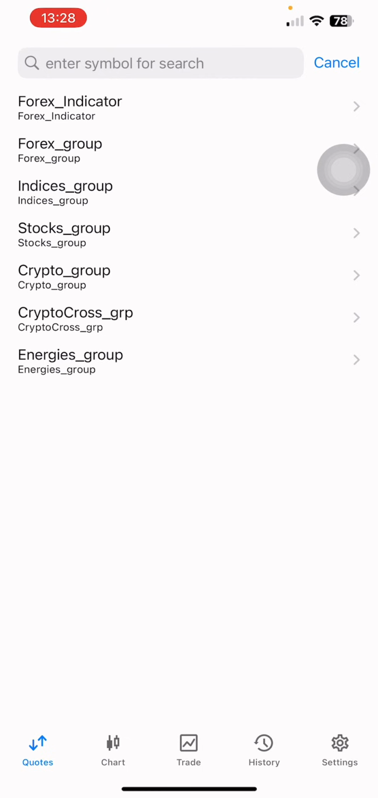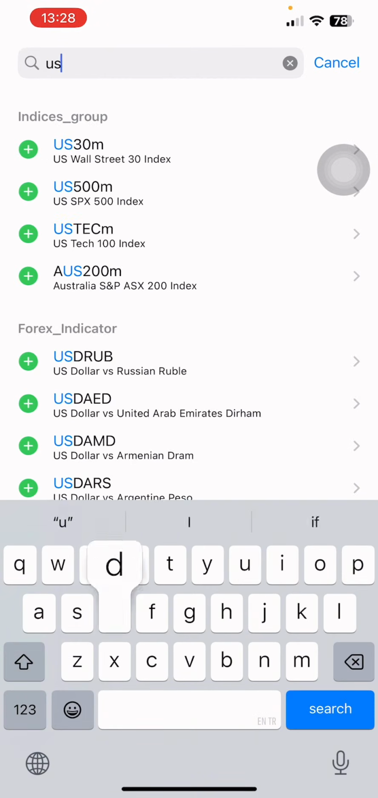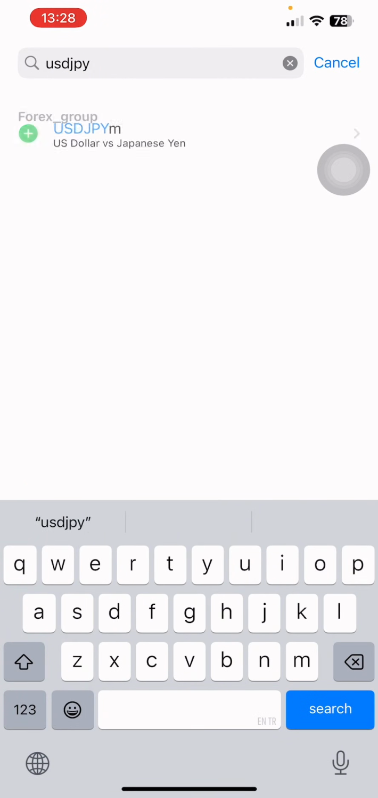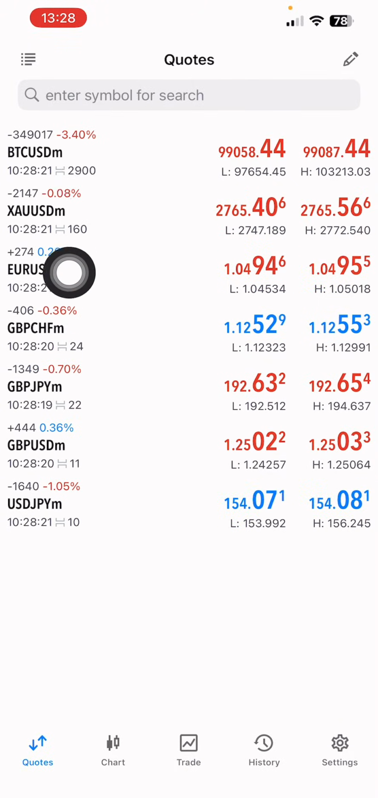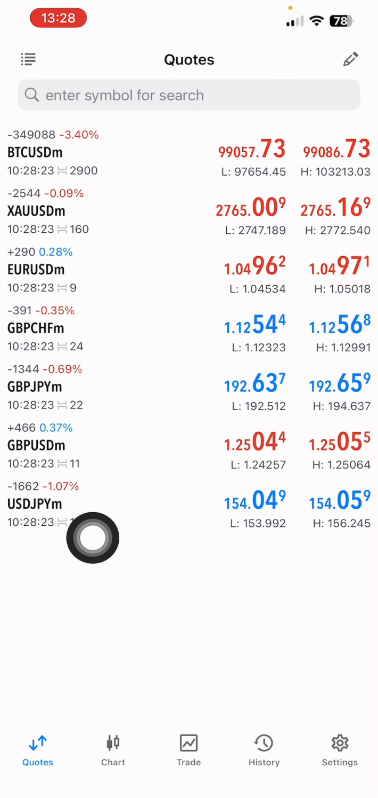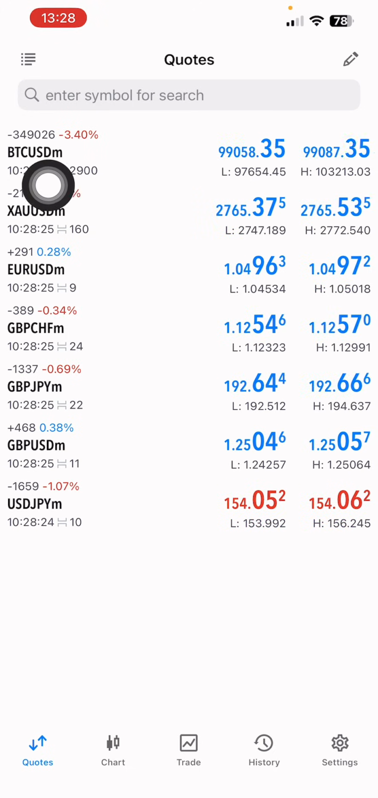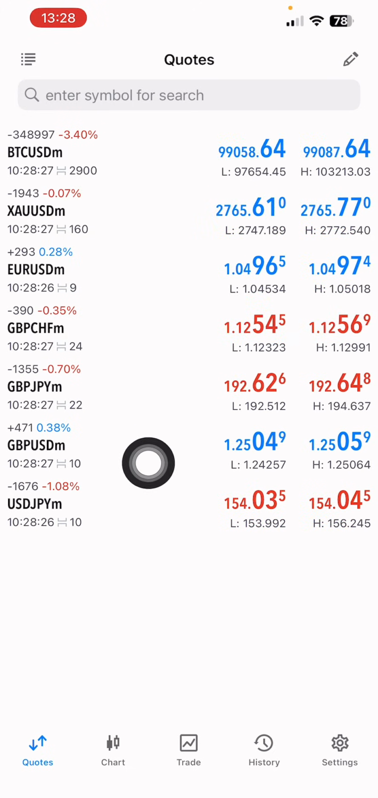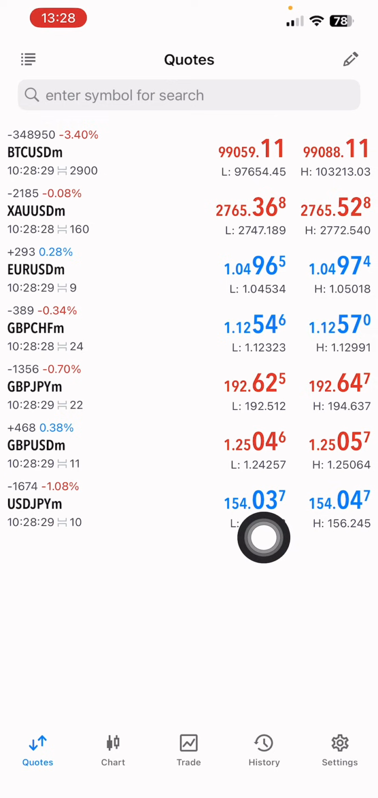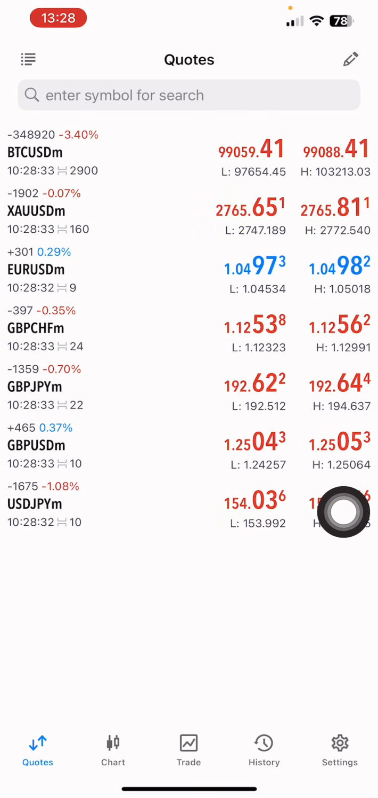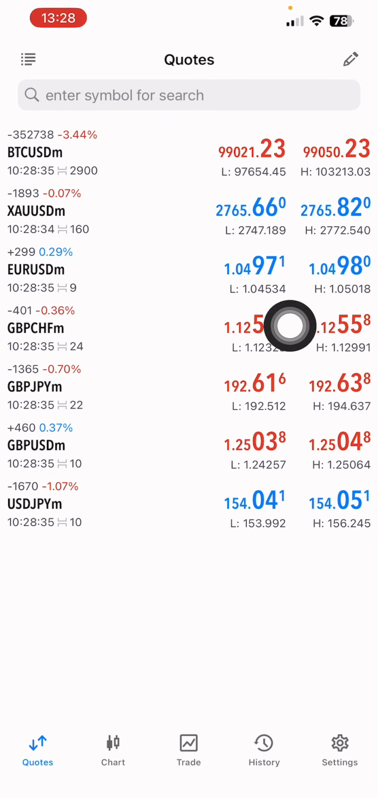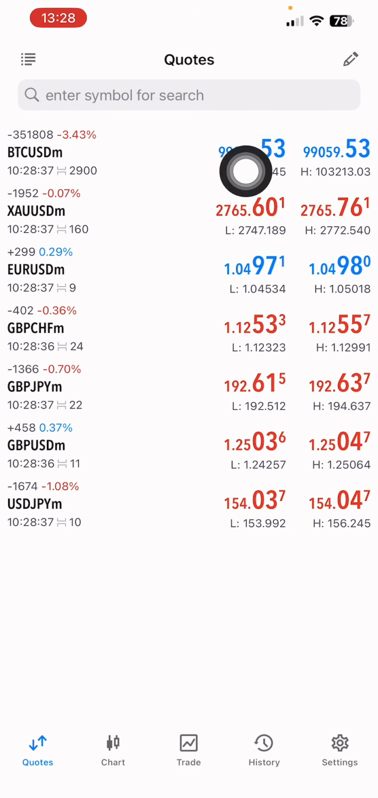If you already know the pair that you want, you just tap here like USD JPY. So just add. So now you have added this one. These ones are our currency pair or crypto pair, because we have BTC, Bitcoin. Then this price which you are seeing at the front here is our bid price. The bid price is your selling price. If you want to sell, for example, this is the bid price for